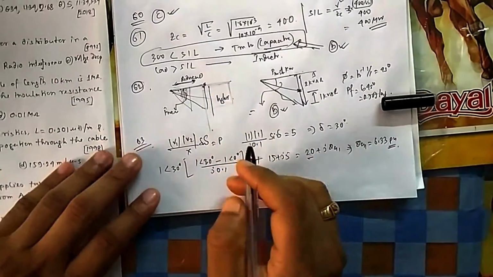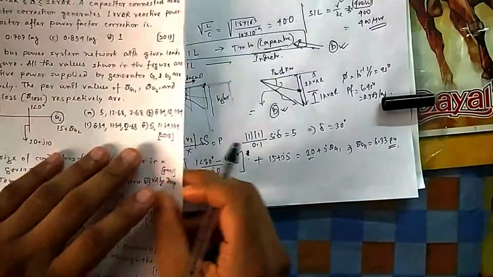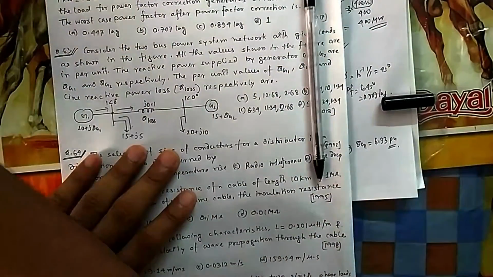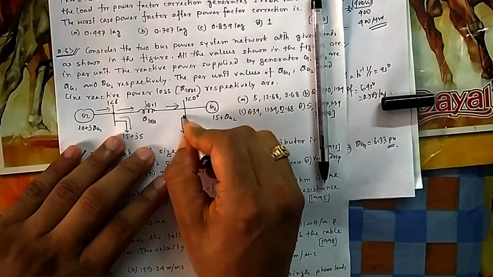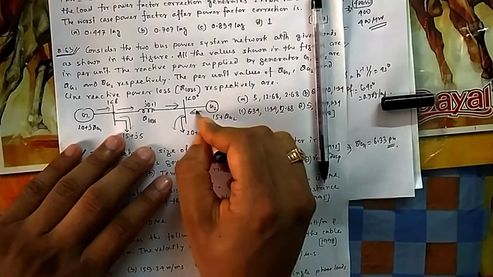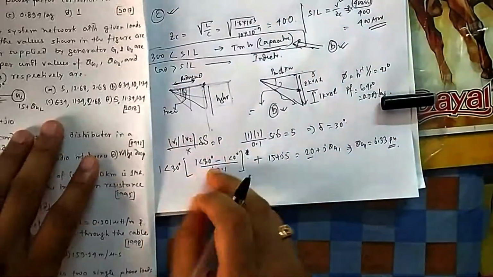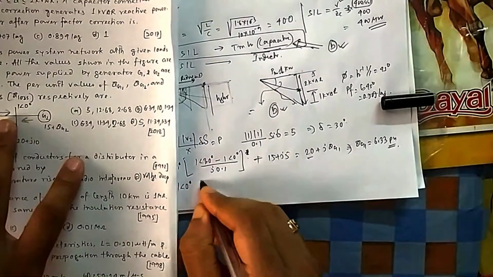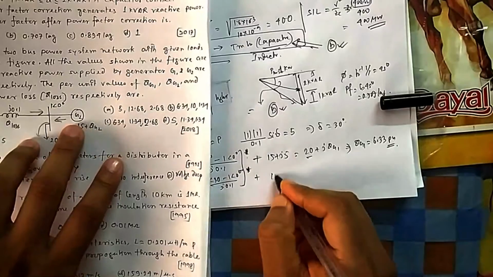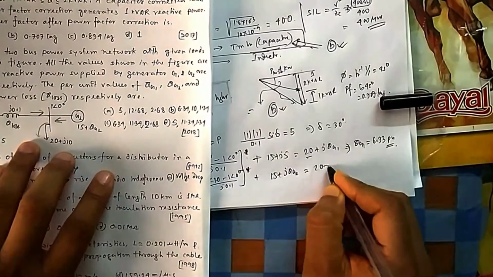Again you will do the same thing for bus 2. For this bus, if you take the same current, then power will be coming here and this is going out, this is also coming here. So this plus this will be equal to this. So here also, if the same current is considered, it will be 1 angle 0 V, and the current is the same, plus this one 15 plus JQG2 is equal to 20 plus J10.